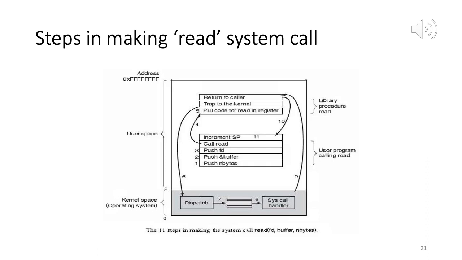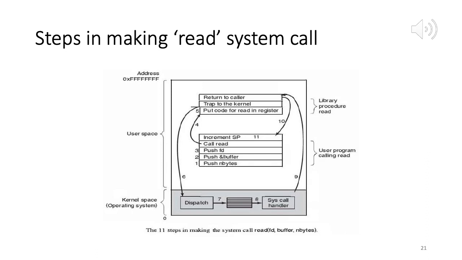First, for the system call, whichever arguments are needed, in this case they are pushed onto a system stack. We saw there are many ways of passing arguments, and here we're using one of them, a system stack. For read, you can see what arguments we need: the file descriptor, FD, a handle for the file that you want to read; the buffer, a pointer to where you want to store the results; and then of course the number of bytes that you want to read. So all arguments are pushed onto the stack, steps 1, 2, 3.